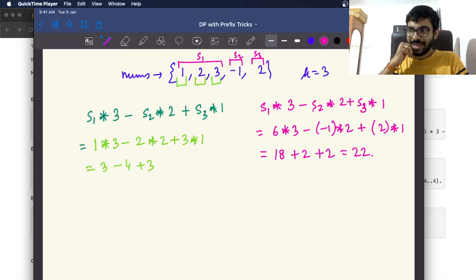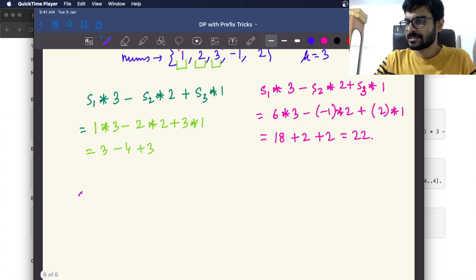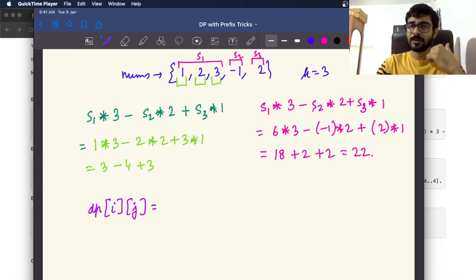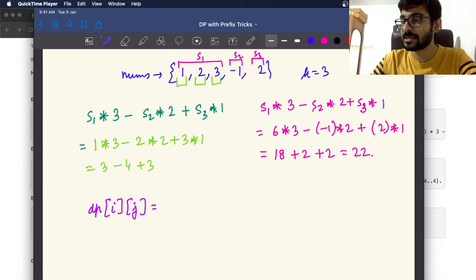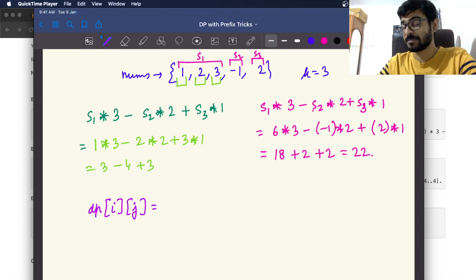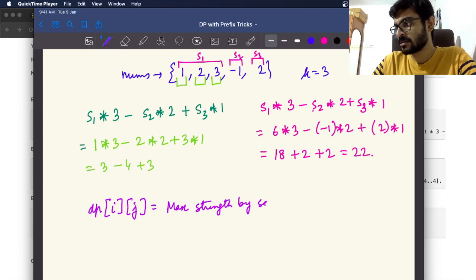Over here, we can use the same technique. Let's say dp of i j, if I have to define it in the same way, how will I define it? Over there I had the number of transactions, here also it should be the number of subarrays, right? Because those subarrays I'm selecting successively. So basically it is the maximum strength by selecting